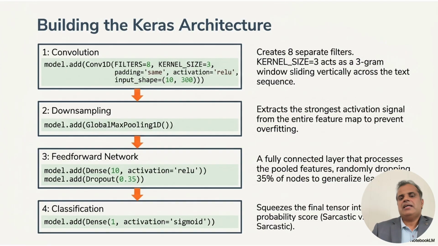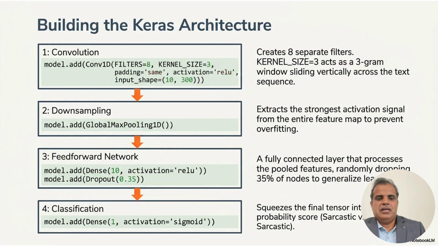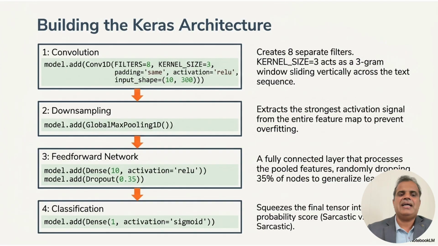In layer 1, we add our conv1D. We specify filters 8, meaning the network will look for 8 distinct semantic patterns simultaneously. We set kernel size 3, which tells the model to slide down the text 3 words at a time, meaning it is explicitly reading phrases as 3-grams. In layer 2, we apply the global max pooling 1D method. This scans those 3-gram features and isolates only the absolute strongest activation signals, throwing away the rest to